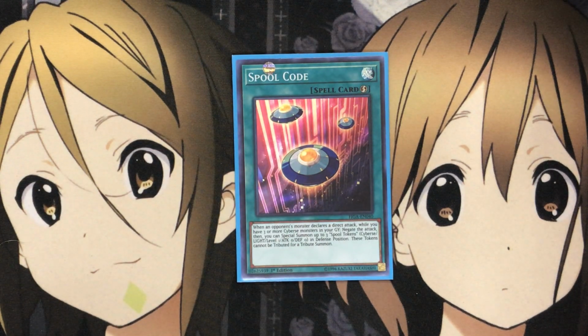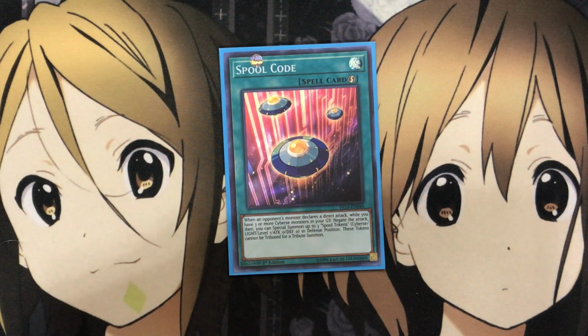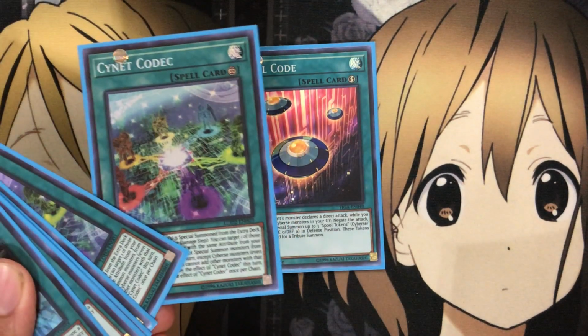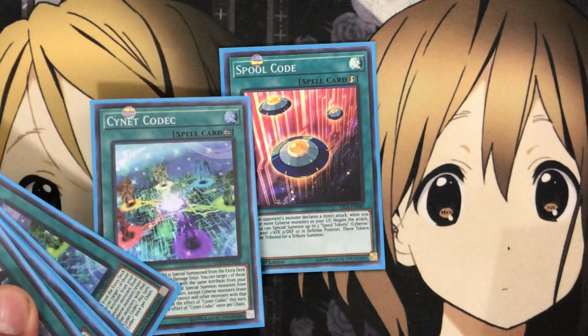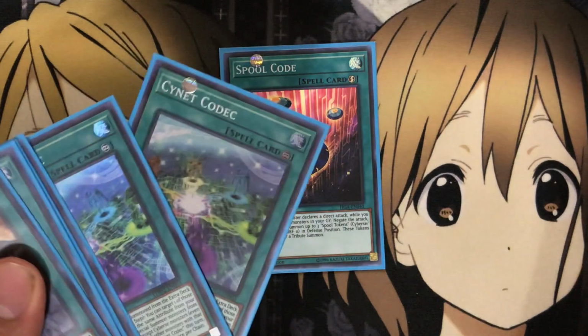It gives you options for tokens that you can use for your Link plays or just playing defensively against your opponent. This is also the card I would put in more numbers of if you don't have the Cynet Codex. I prefer Cynet Codec in total compared to Spool Code. I like to run the 1 Spool Code for that option, but if you don't have the Codex, like I